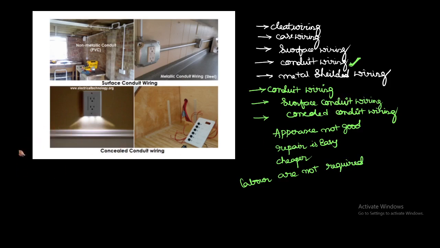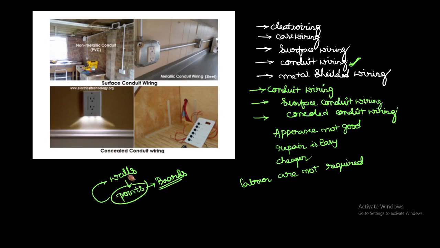What about the concealed conduit wiring? Now you can observe concealed conduit wiring. So the wiring system is all concealed, it is already sealed in the walls. Where it is placed means in the walls. While the walls are being constructed, we identify the points where the consumers require the boards. So we identify where the boards are required by the consumer. That is called points. Those points will be placed while constructing the walls. That is called the conduit wiring.